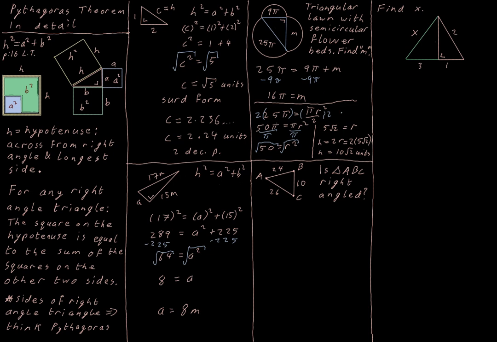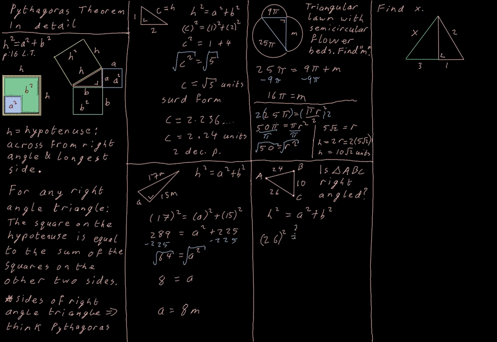Now, is the triangle ABC right angled? Is it a right angle triangle? Well, in a right angle triangle, I know that the hypotenuse squared is equal to the sum of the other two sides squared. And I know that the hypotenuse must be the longest side. The most important thing about it is that it's across from the right angle, but I also know it's the longest side. So h squared, in a right angle triangle, must be equal to a squared plus b squared. The longest side squared must be equal to the other two sides squared added together. Well, the longest side in that triangle is 26. So that must be the potential